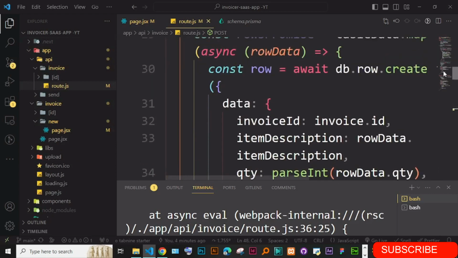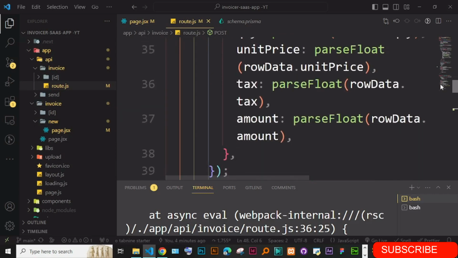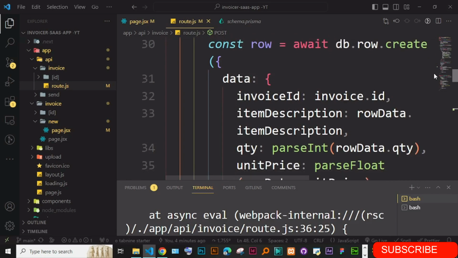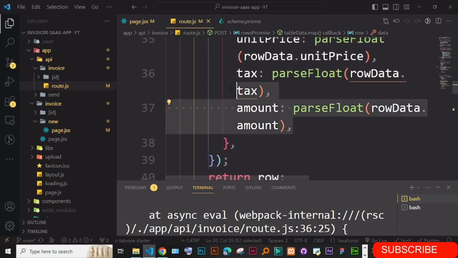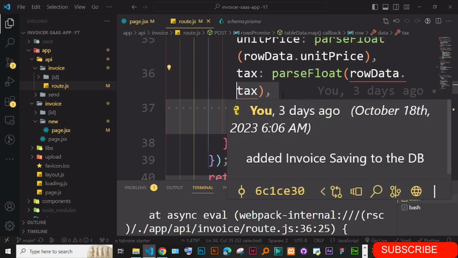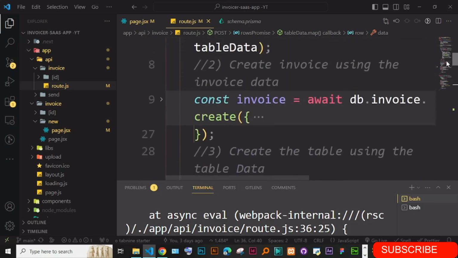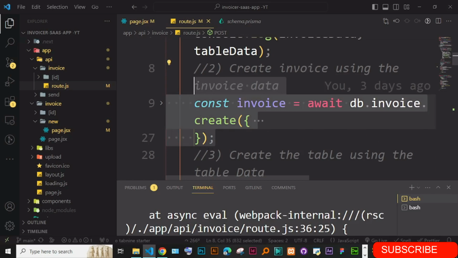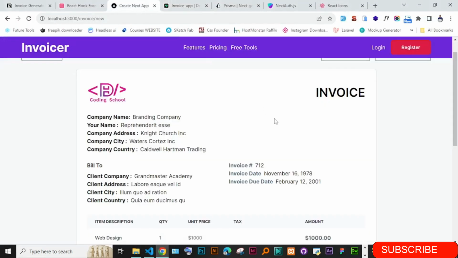Okay, if you look at the data for the row, we have all this stuff. I don't know if for the invoice you're supposed to put that data or not. And if you are putting the invoice, are you putting this whole invoice, or this invoice? I just want to get back the response, and I think when you go back to the app